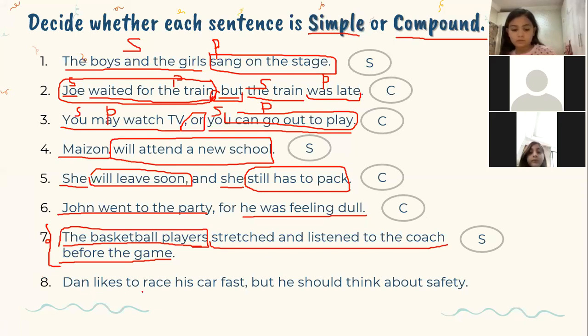The last one, Dan likes to race his car fast, but he should think about safety. I have two independent clauses. Dan likes to race his car fast. He should think about safety. This is the second independent clause. I have a conjunction in the middle. Then it makes it a compound